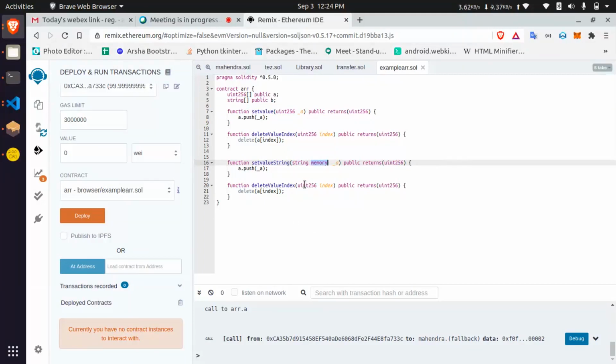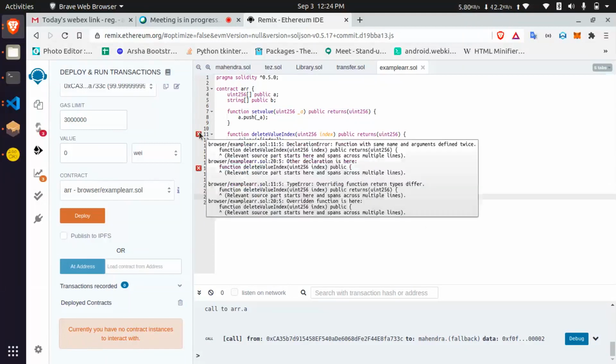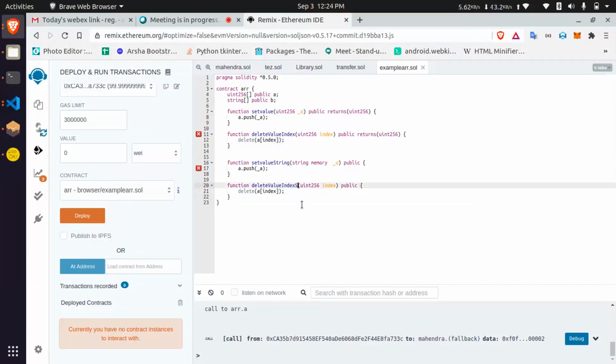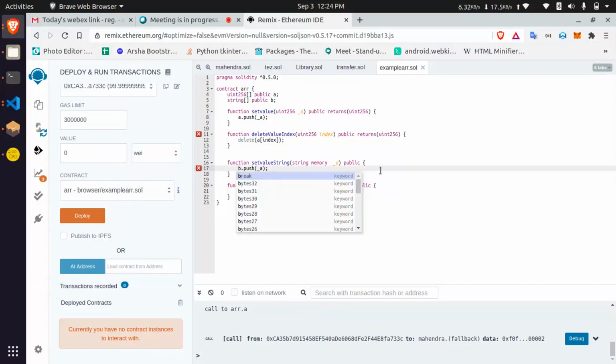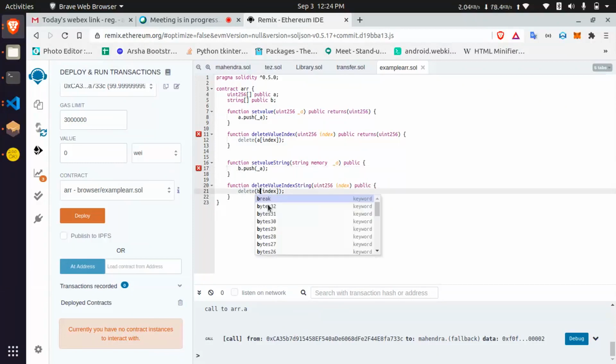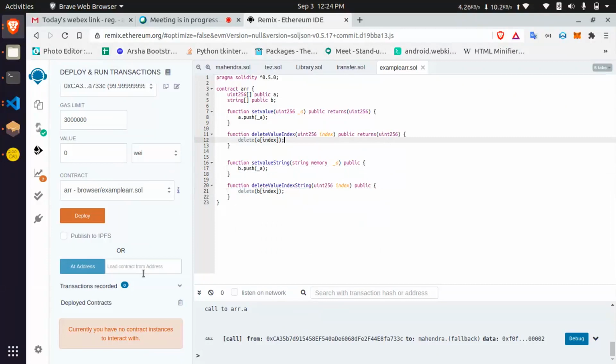Then delete also, it is an index value. So this won't be a problem. You're going to return. If you're not returning this, you don't need to use this. You can also use it like this. If you have not written anything, you can use the same name, string, and then I need to modify that b. Then I need to delete the b. Now compiled.